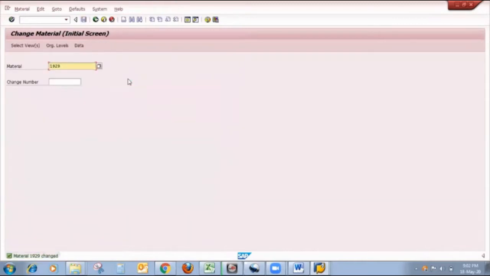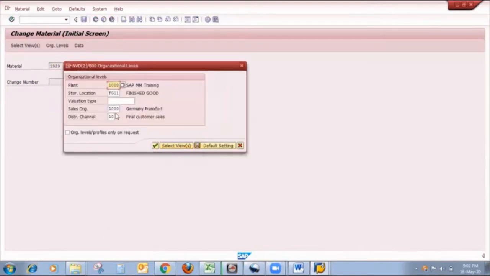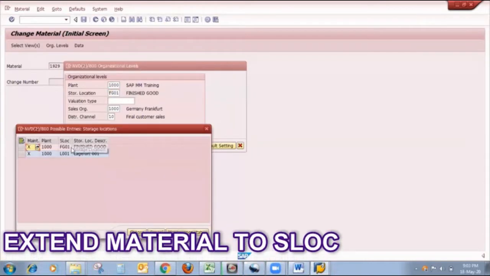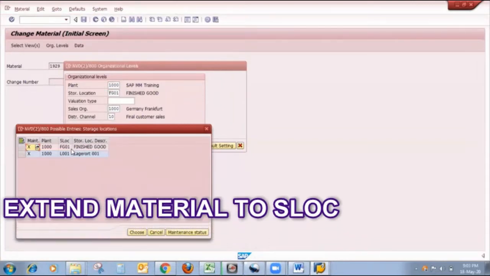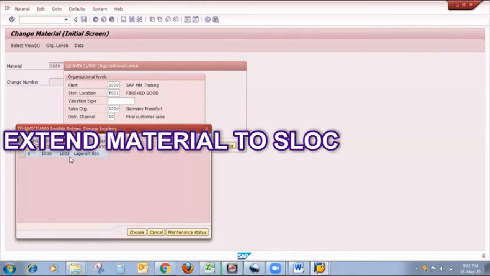My material 1929 I want to extend for two storage locations. First I will check whether this material is already extended or not. Yes, I had already extended this material for two storage locations. My first storage location is FG01 and my second storage location is L001.